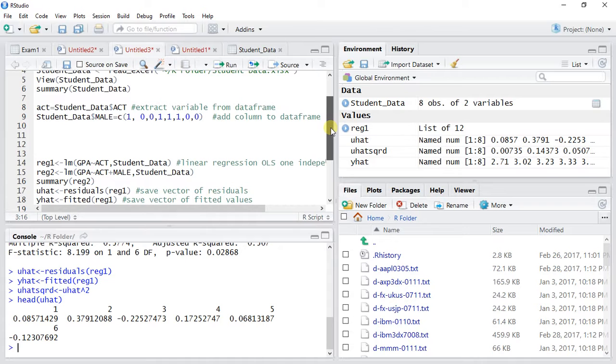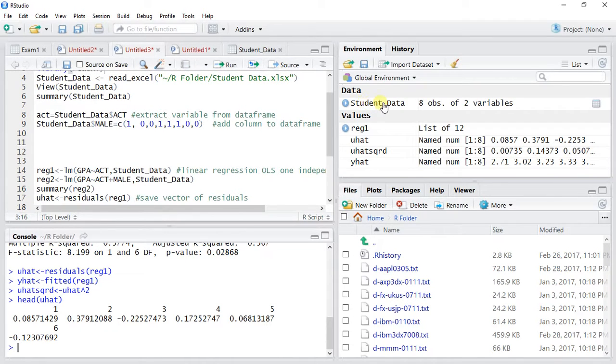One thing, when you're looking at what you've downloaded here, this is a data frame. So it's like a matrix, right? And this particular frame has 8 observations and 2 variables. So think about it as a matrix of 8 rows and 2 columns. But you might want to extract one of the variables here in this matrix, right? And we can do this